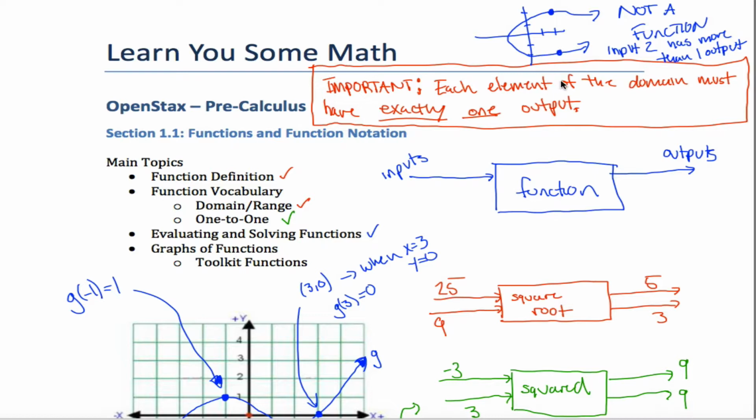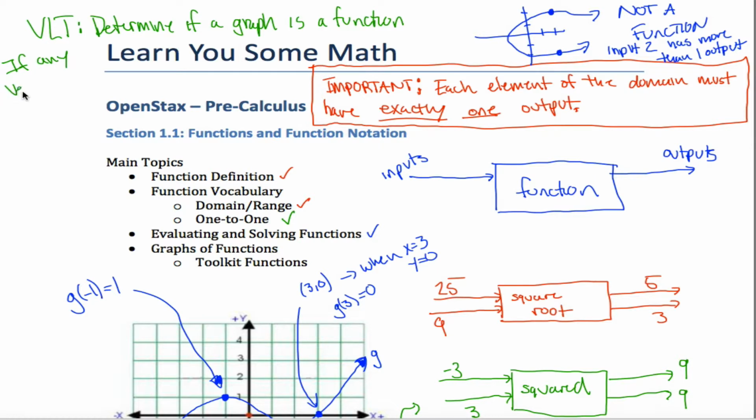A quick way you can check to see if something is a function is this thing called the vertical line test. The idea with the vertical line test is to determine if a graph is a function. And the way you run it is to pass the vertical line test, any vertical line must intersect your graph at most one spot. To put it differently, if any vertical, meaning straight up and down, line intersects the graph in more than one place,